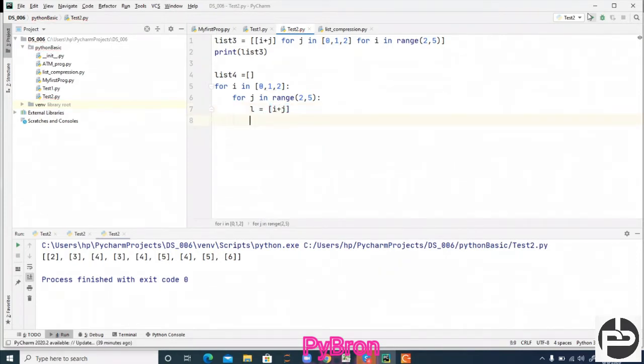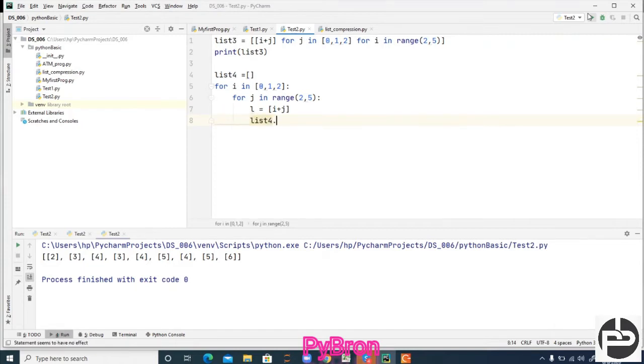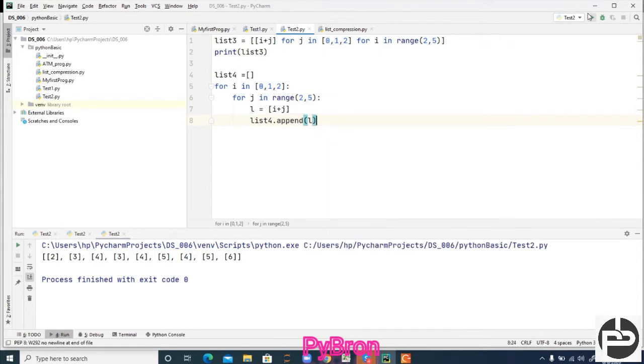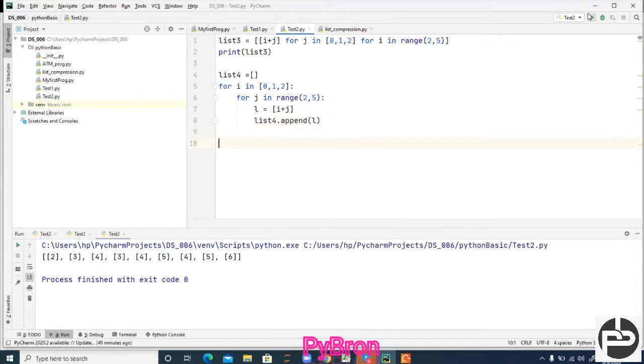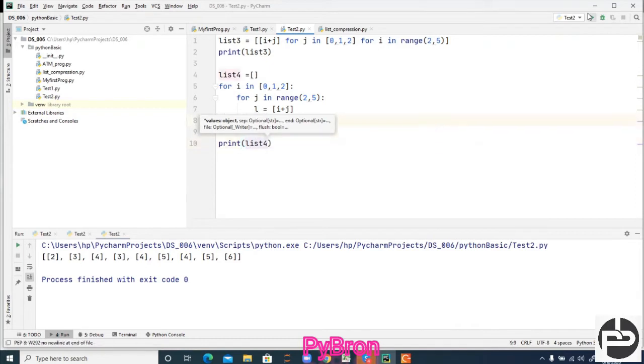Afterwards we have to append it to list 4, so list 4 dot append l. Now we can execute this code, and after the end of the loop I'm going to print list 4. I'm going to comment out this line of code because you understood the concept. First understand the conventional way, then go to list comprehension.